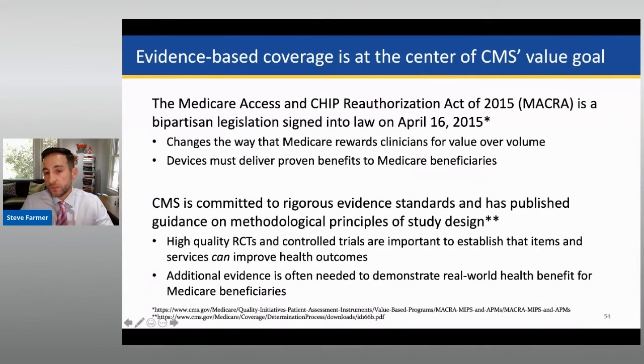First, I'd like to talk about how CMS views innovation as holding tremendous promise to improve our beneficiaries' health. CMS aims to bring proven technologies to our patients as efficiently as possible. I'm a practicing cardiologist, and there are numerous examples that come to mind from my field. But for our patients, I want to just walk through a couple of examples, and I think they illustrate how innovation can be beneficial.